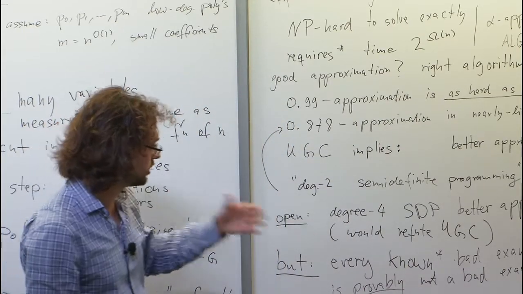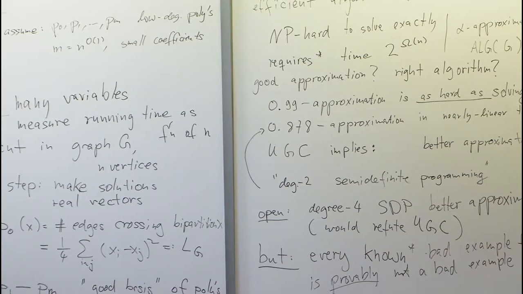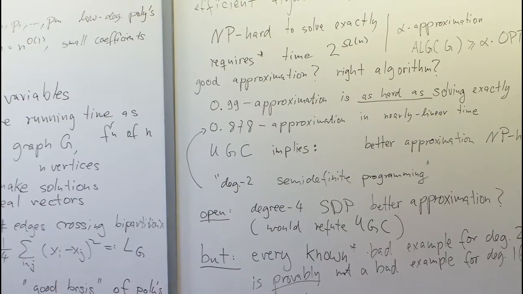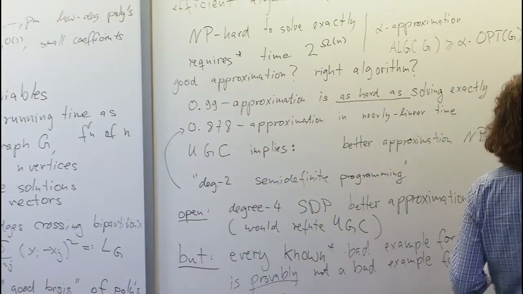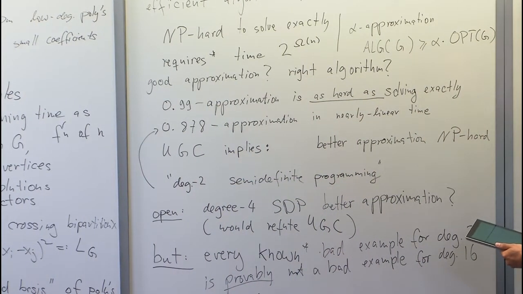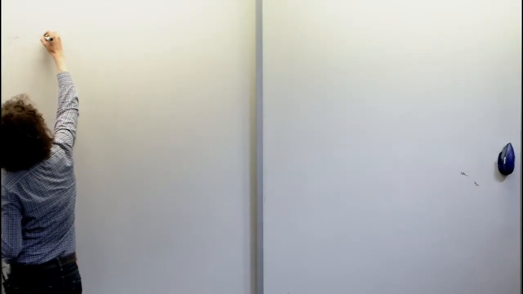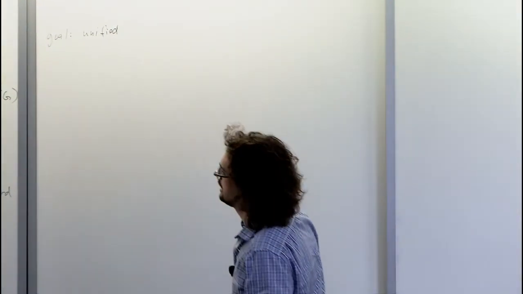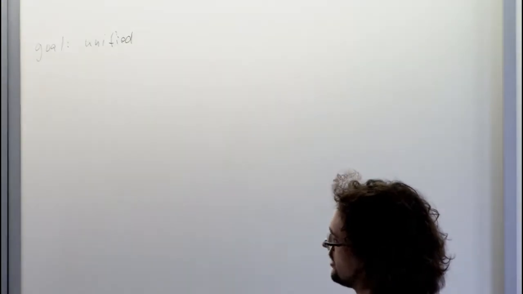But so far I didn't explain exactly what degree 16 semi-definite programming means, but I will do that. Okay, and so the conclusion of this kind of discussion is that what we'd like to have is some kind of unified way. So this is really just some particular example, this Max Cut, and so there